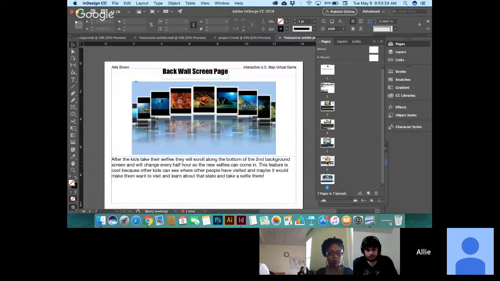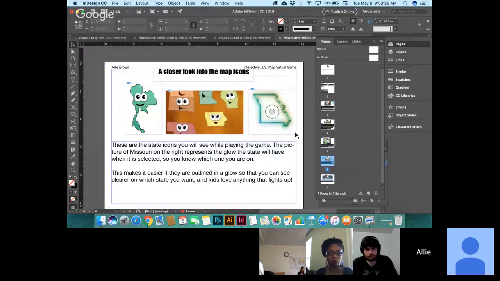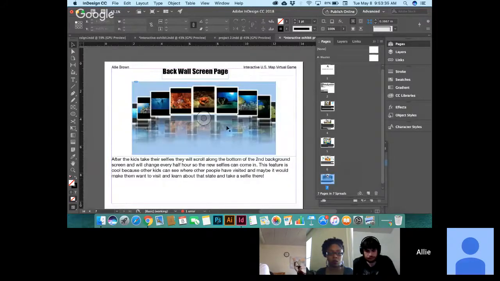It would be nicer if this glowy thing was around the actual state. But if you can't do it, you can't do it. And then obviously you don't want to change your type size here. And then here, I'm not totally understanding how this connects to what's on the screen. Do you guys have thoughts about this? It's like the idea of that's what it will look like, but not the goals.